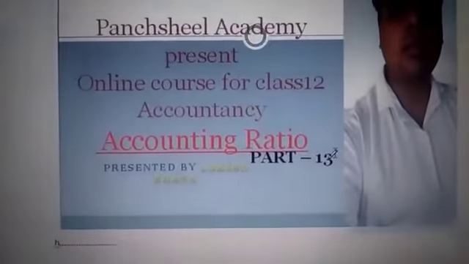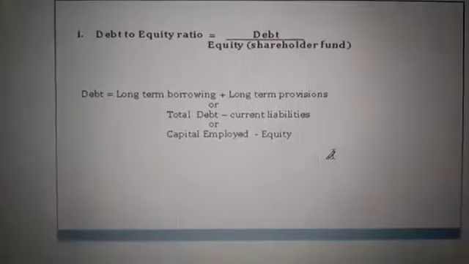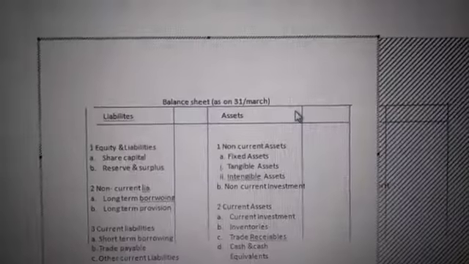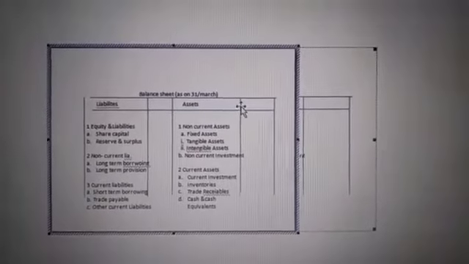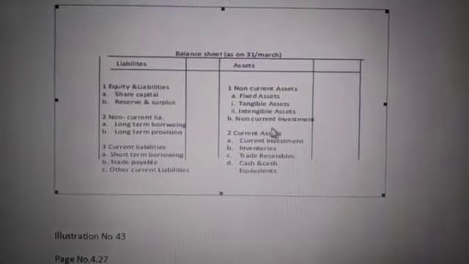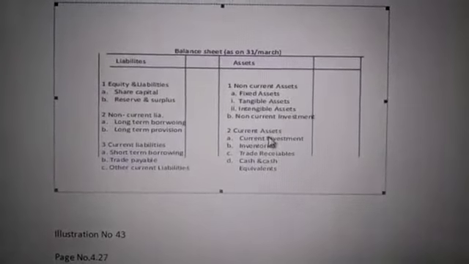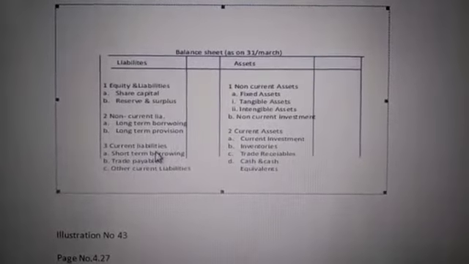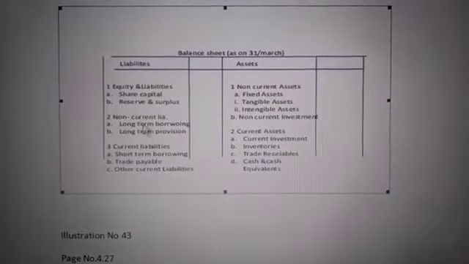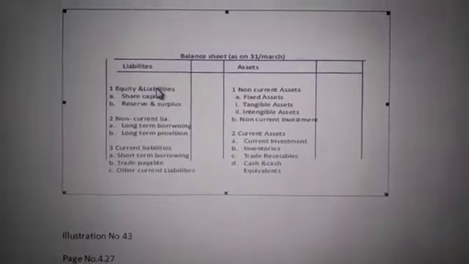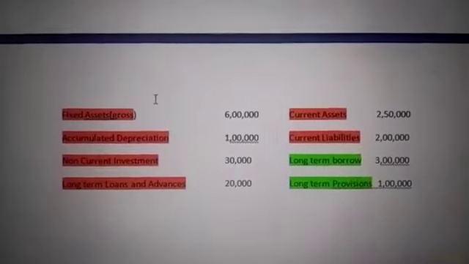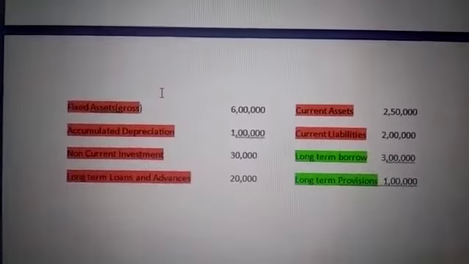See, I am again showing you the balance sheet. See the format of the balance sheet. Yes, here it is. Here are the non-current assets, non-current investments, and third is current assets, and fourth is minus current liabilities. After adding all these assets minus only current liabilities, we get equity. So we are doing the same. Okay, so that's all about our debt equity. Now the extra questions will be solved by you.